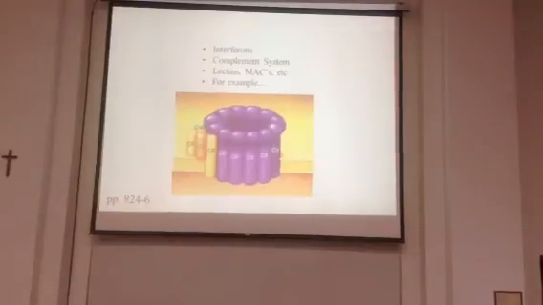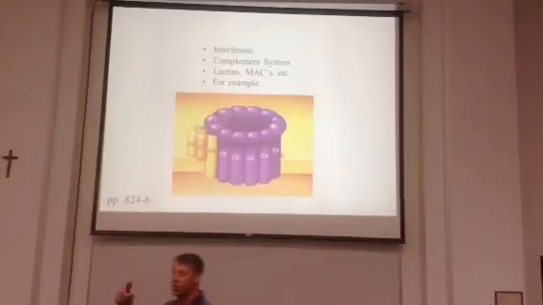There are other things used. I don't care about them. But because you may have heard of them, or I know you will in your micro class: interferon, complement, lectins, all these funky things. These are all essentially just little chemicals that can be produced that can help us fight foreign invaders. There are a lot of people now looking at these things for cancer treatments. They're saying, if your cells go rogue and they're now a cancerous type cell, is there something that the body manufactures that we can use, that we can throw in there? So interferon is a big one right now. I keep hearing an awful lot about interferon therapy for cancers. But it's essentially producing some funky chemicals. In this particular case, this diagram shows you an example of one of these chemicals. It can be produced by the cell